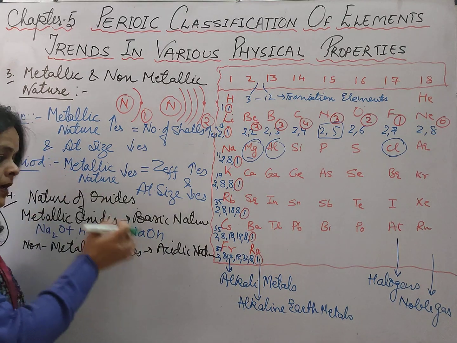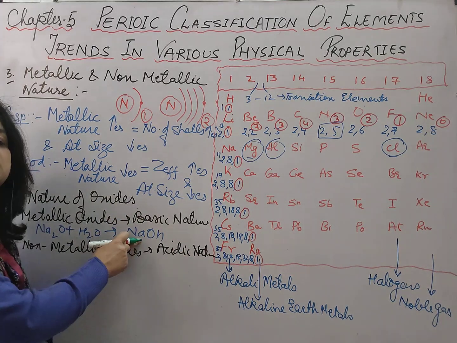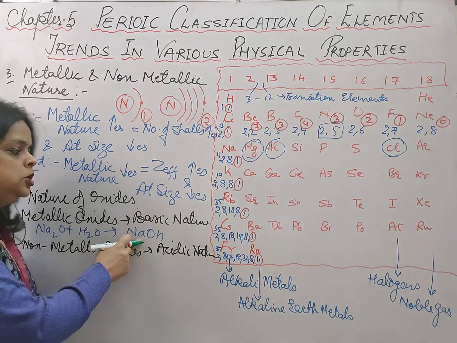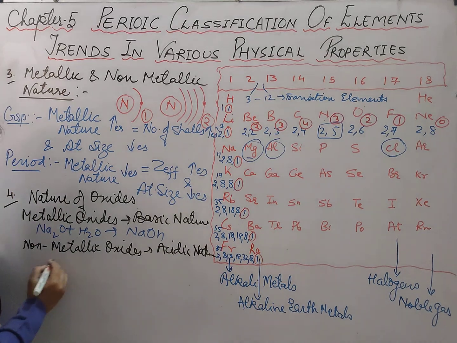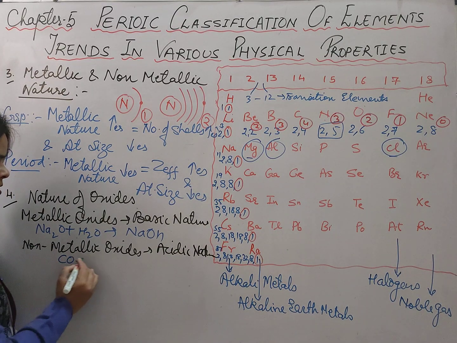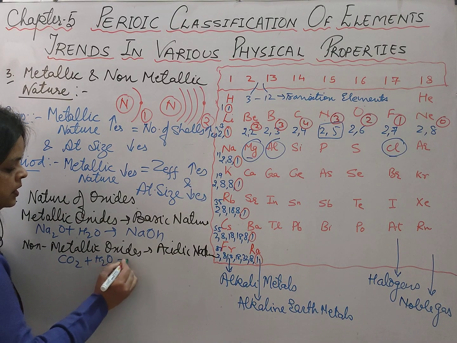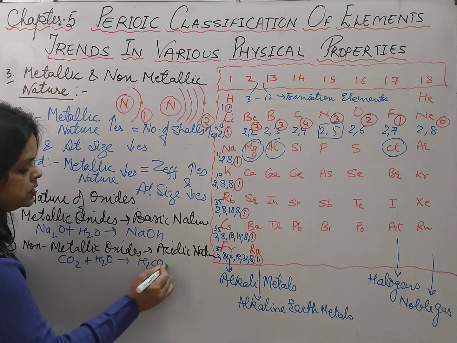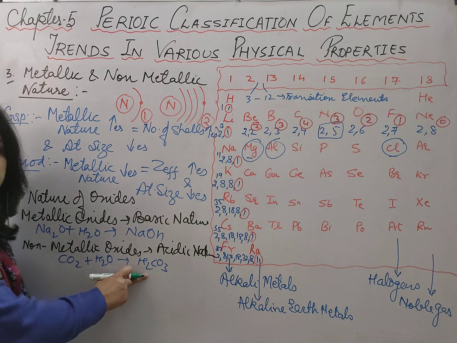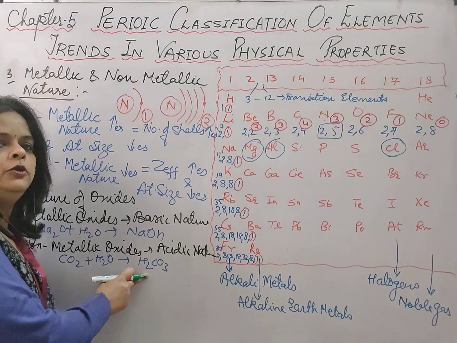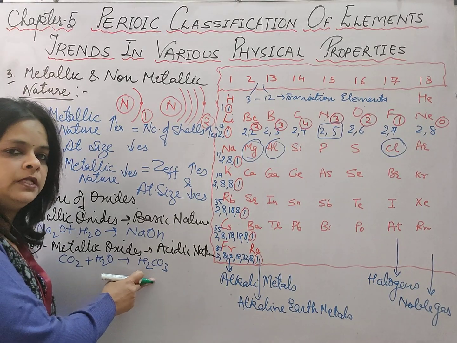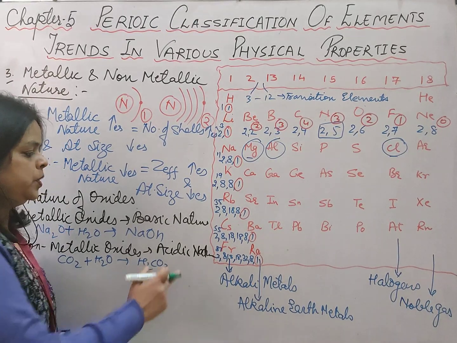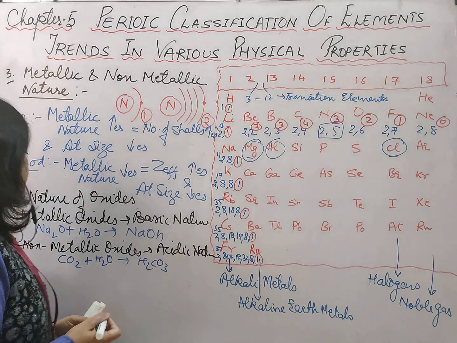If you keep the red litmus in this solution, it will turn to blue, showing the basic nature. Similarly, if you are taking carbon dioxide, when it dissolves in water, it forms H2CO3. That means it is forming the carbonic acid. Whenever you dip a blue litmus paper in this solution, it will turn to red, showing its acidic nature. So what we can say,